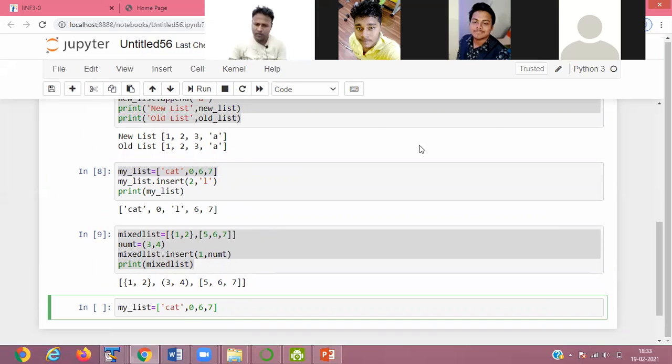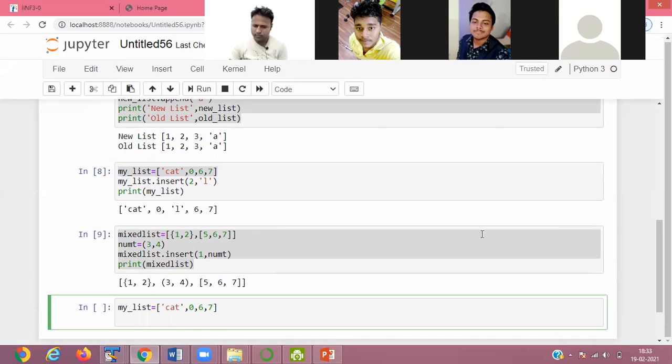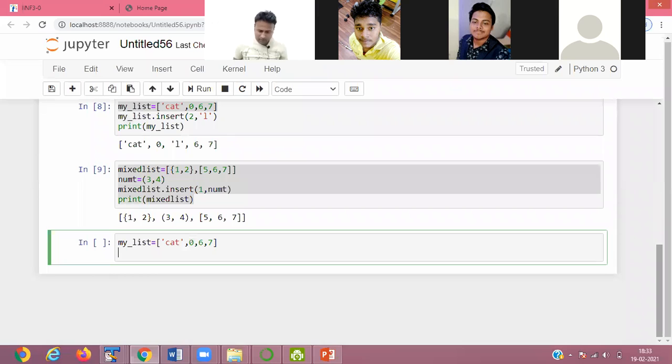Then I use the append function: my_list dot append, and suppose here I use var.